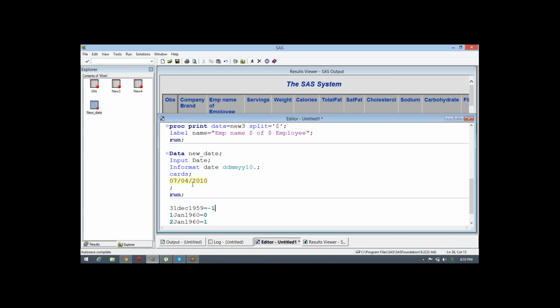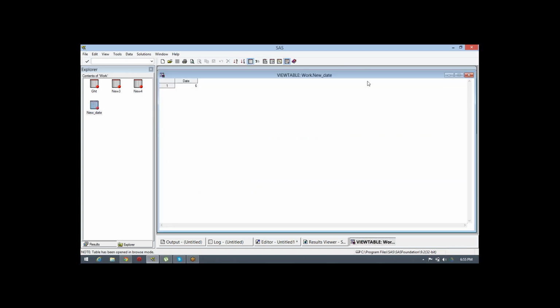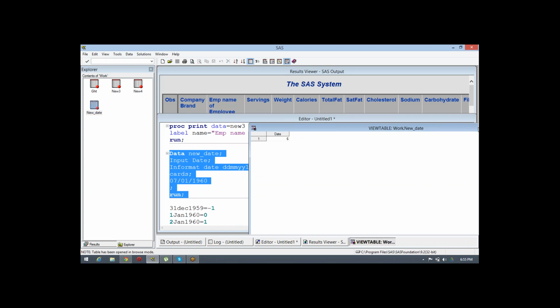Whatever instruction we provide, SAS will convert the value as per the number of days from 1960 till this date. So if I say the value here is 01, 01, and take 07, 1960, we receive a value called 6.